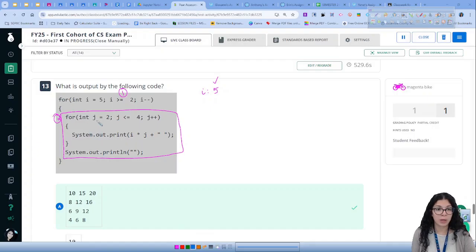Okay, great. So here we have j, which starts off as 2. I check the condition for j, 2 less than or equal to 4, true. So I'm going to go into the code for the for loop. It's going to print i times j. So on my output, 5 times 2, my first print is 10. Then this is just a print by itself, so it prints the 10 with a space, so the cursor stays